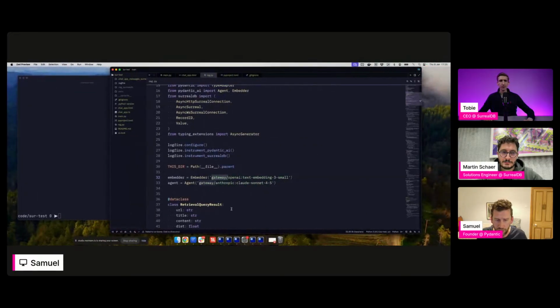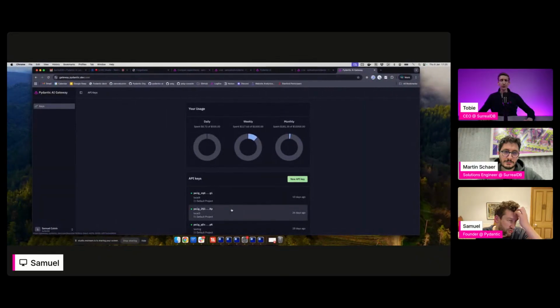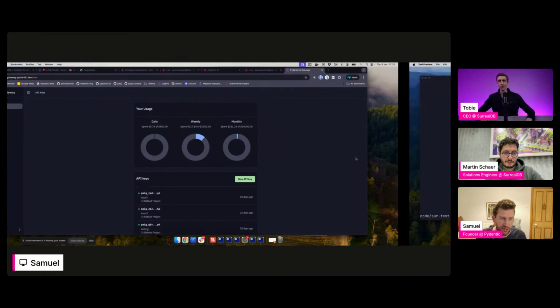The other thing to notice, I think it's a really extraordinary situation: there are all of these LLM gateways, and they're all centralized. So if you happen to be near the gateway and the model you're using happens to be near the gateway, you're good. But if you're anywhere else in the world, you have this enormous latency added by going to and from the gateway. Our gateway is distributed and runs on Cloudflare Workers on the edge, so the latency added by using our gateway should be pretty minimal.